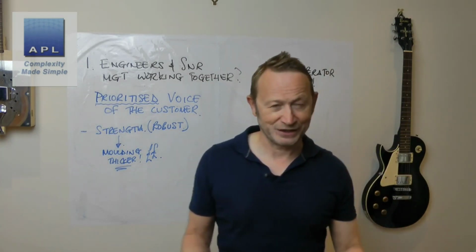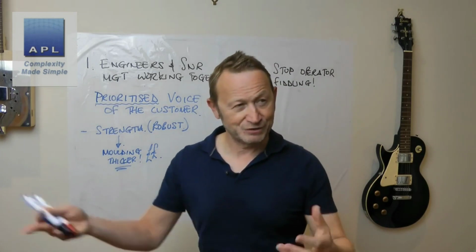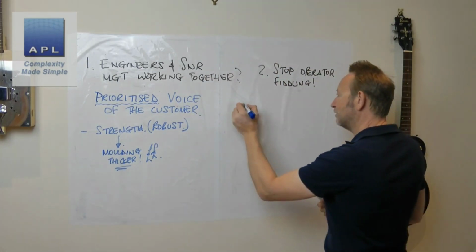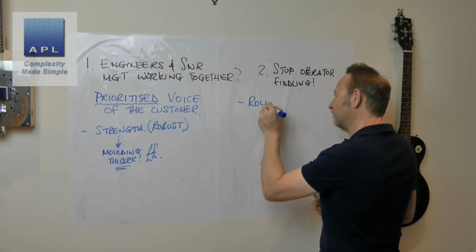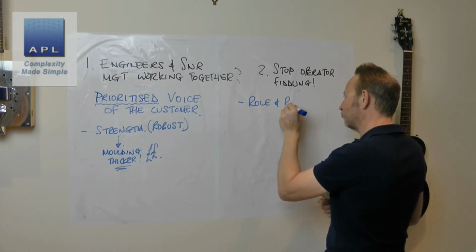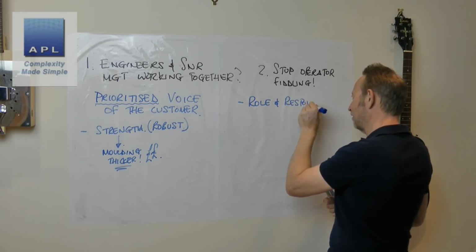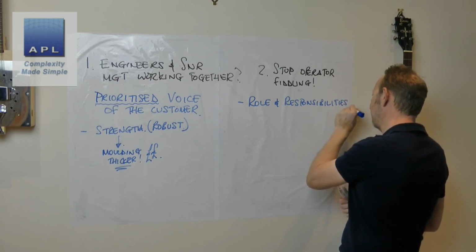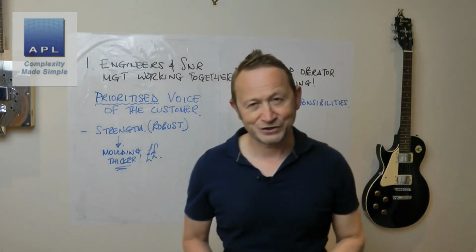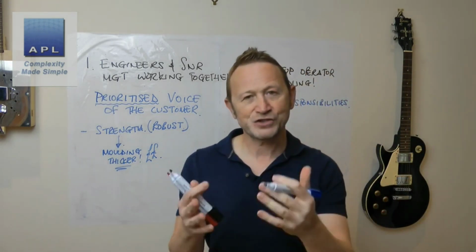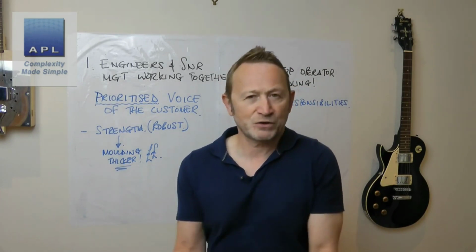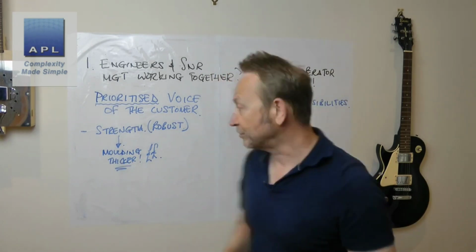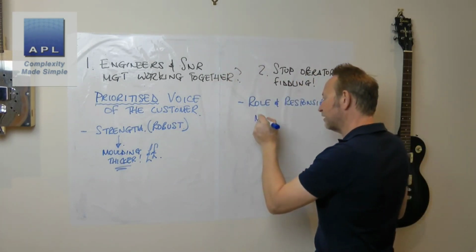Now there's a couple of things here. There is a tool that you can use, and you probably know which tool I'm going to mention. But the first thing is this. Why don't you just define the operator's role and responsibility? Because this is one of the main ways to do this. The first thing to say is, what's the role and responsibility of management? What's the role and responsibility of operators?